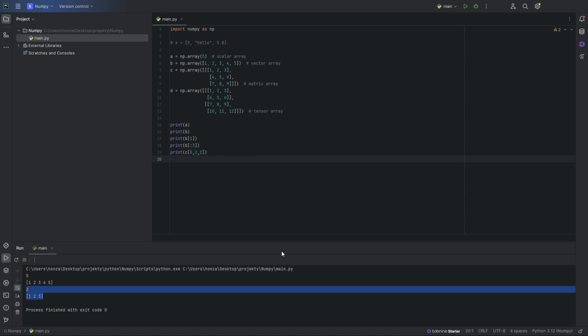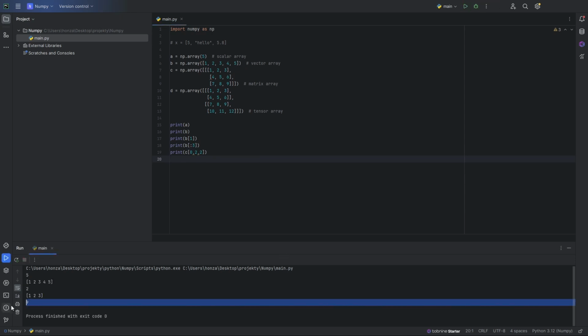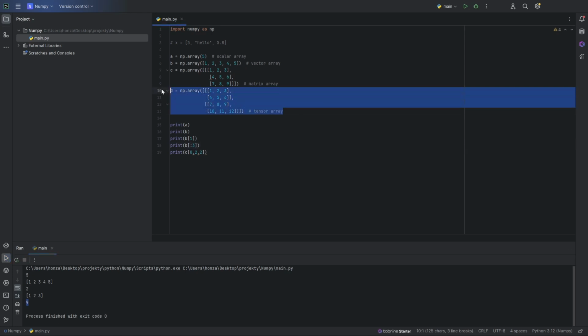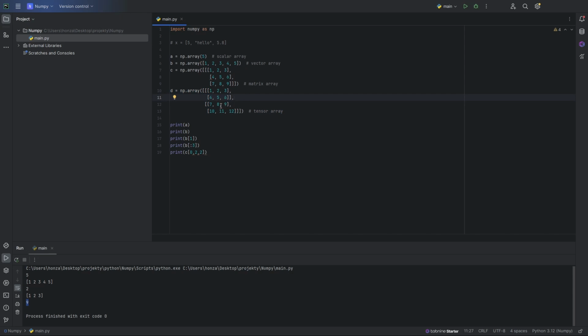So 2. Now run, and I really get 9. Same principle will be if we want some element of this tensor or 3D array. For example, I want this 10. So print d,